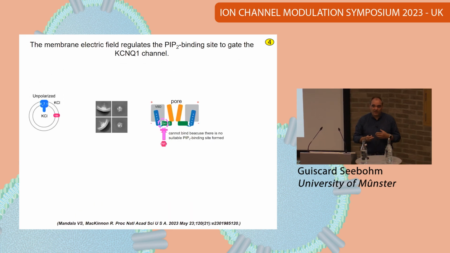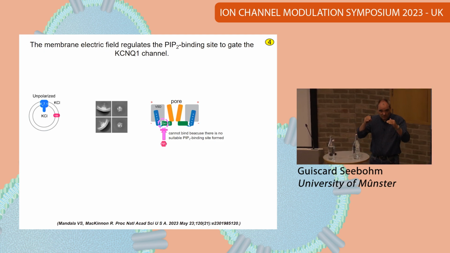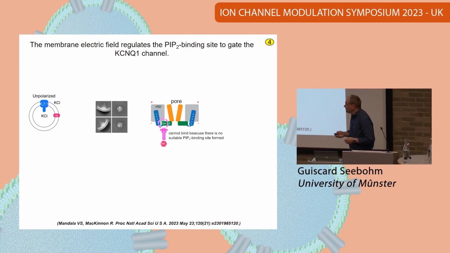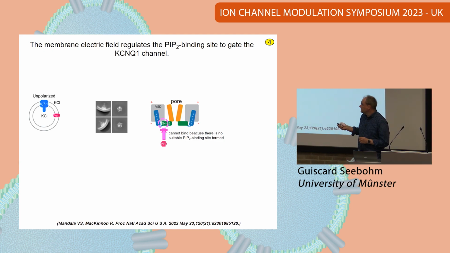So what do we know now about the PIP2 binding? So this is the PI(4,5)P2, the more common plasma membrane PIP2. How does it work on the channel? Last month there was a nice paper from Rod MacKinnon, and they used vesicles incorporating the channel, and under resting conditions, PIP2 cannot interact with its interaction site, which is here at the lower voltage sensor and close to the S4-S5 linker.